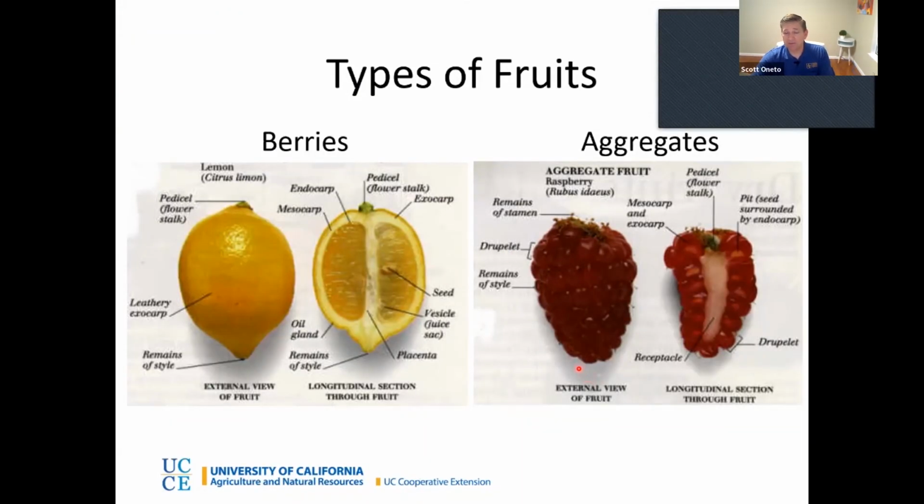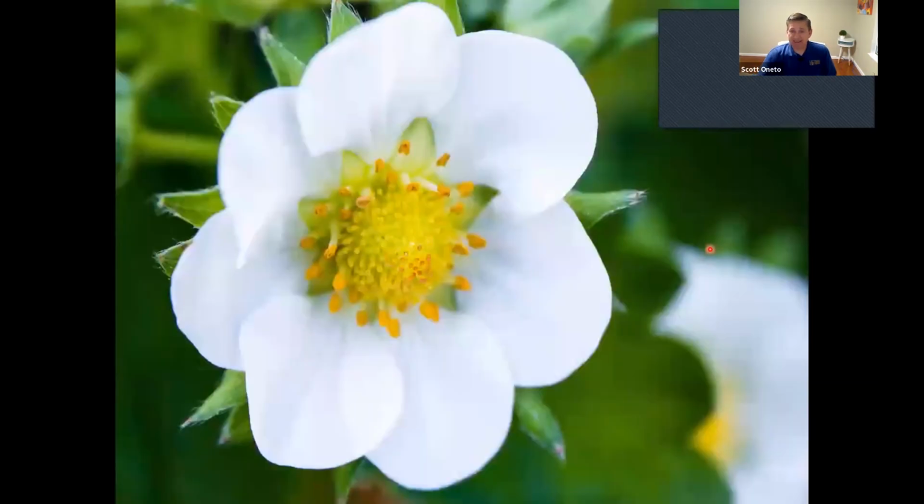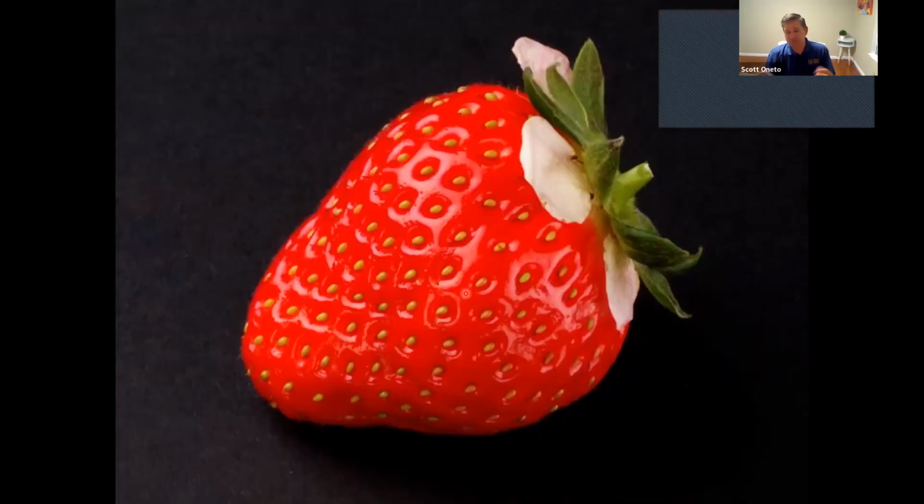So again, the receptacle gets filled with sugars, it pushes all of those pistils to the outer edge, and inside those little drupelets out here, these little juicy, in the case of raspberries, they're all juicy, and inside that is the seed. So that's why we don't see seeds on the inside of a strawberry or on the inside of a blackberry or raspberry, because how the fruit forms, it pushes all of those to the surface of the fruit. And that's where you'd see, of course, the seeds. Like in a blackberry, it's in those little juicy pods out on the very